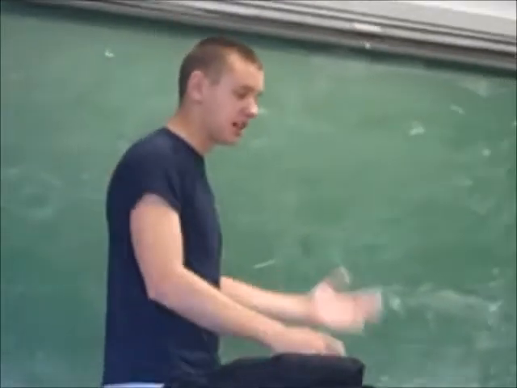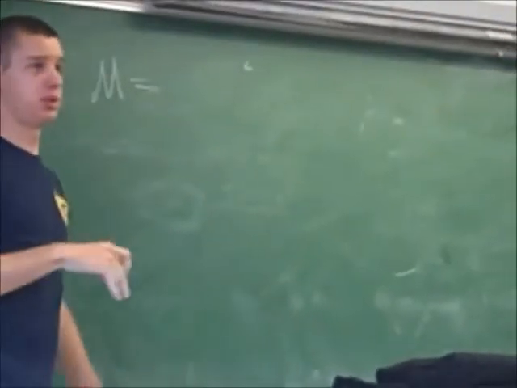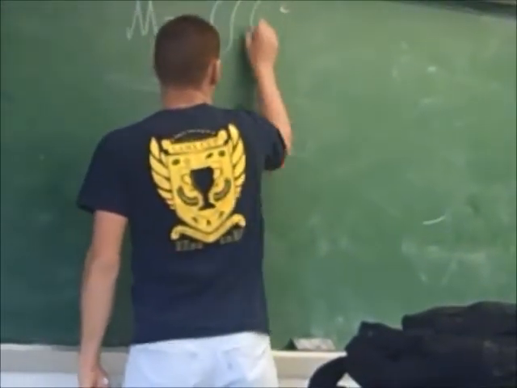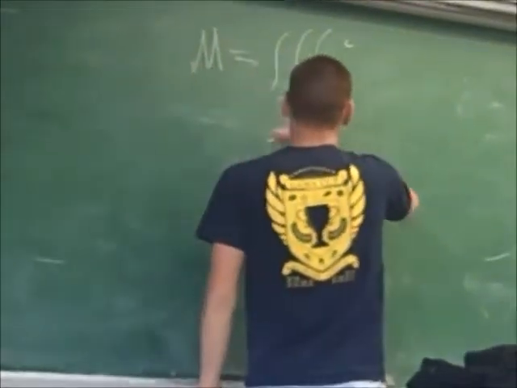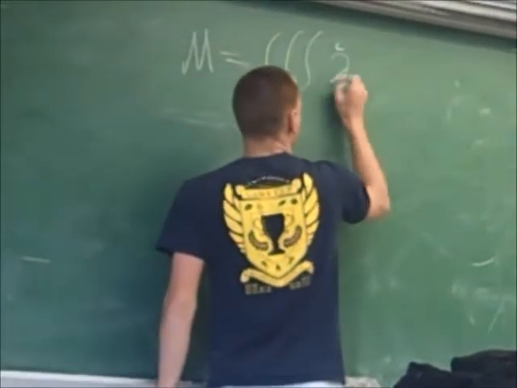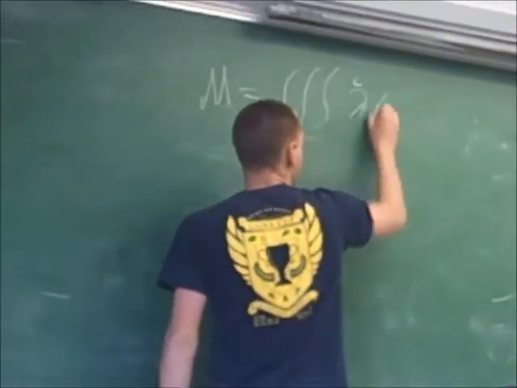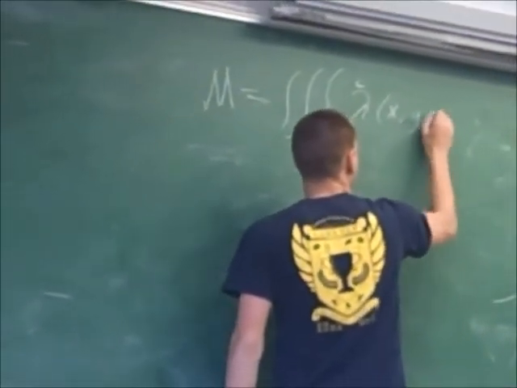All right, the next one was it a center of mass or was it a centroid? Center of mass. Okay, so let's write down those equations so we remember what they are. Mass is equal to, was this a double integral or a triple integral problem? Triple integral. Okay, so mass is going to equal the integral over the shape T times the density function lambda of x, y, and z,